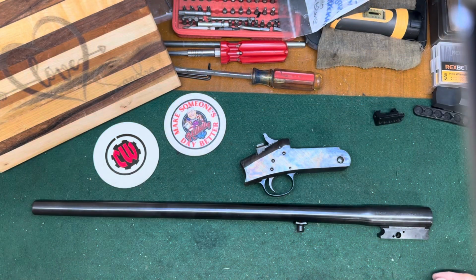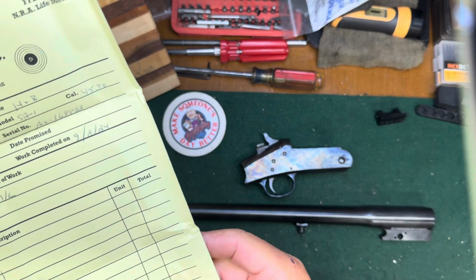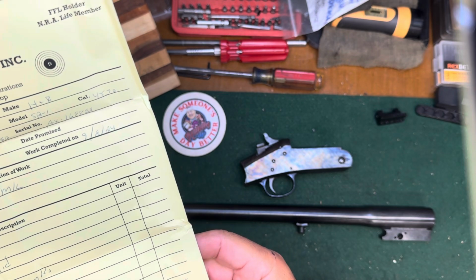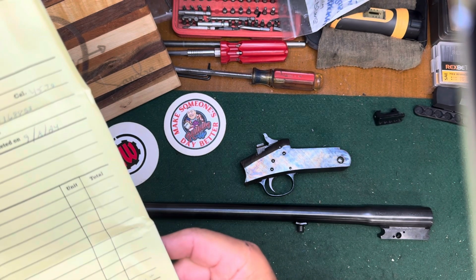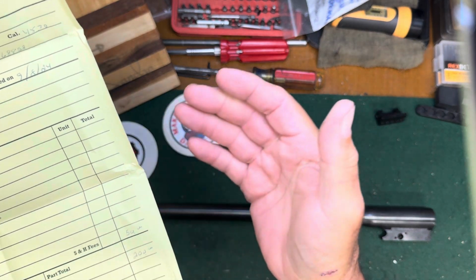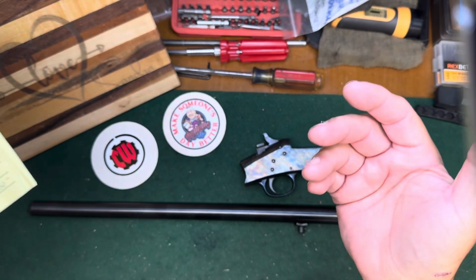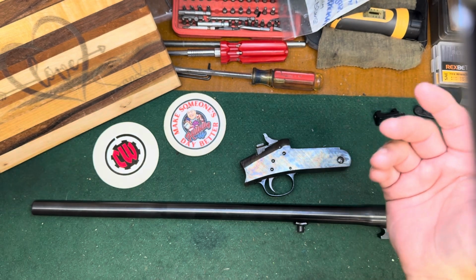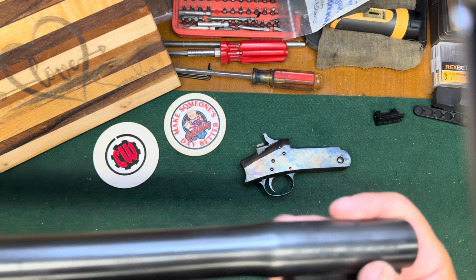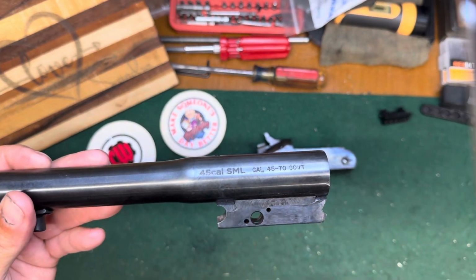And there we go. The invoice doesn't say anything at all, really anything at all, just my name, my serial number, make and model, the date it was completed, and what I paid. Doesn't even say what he did. But what he did was, he took a